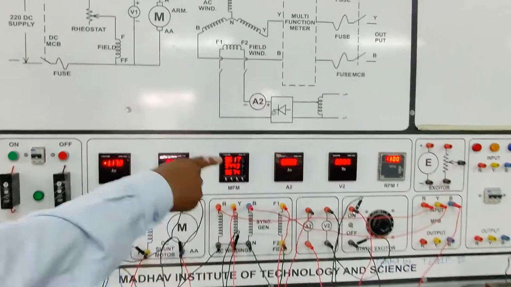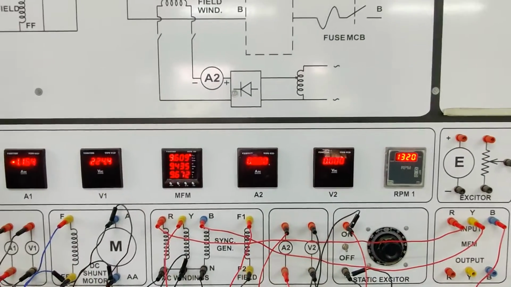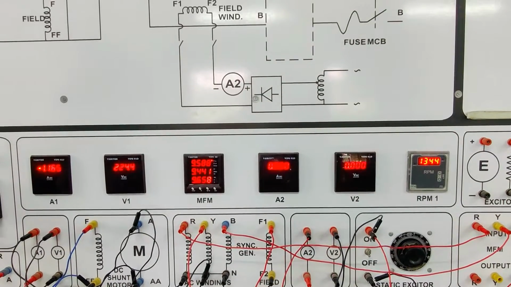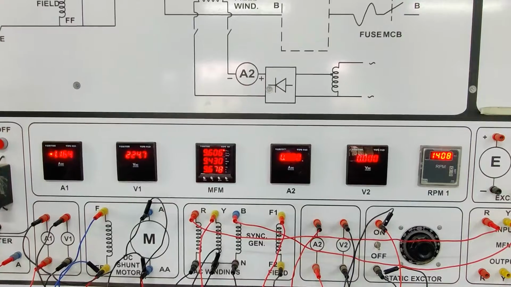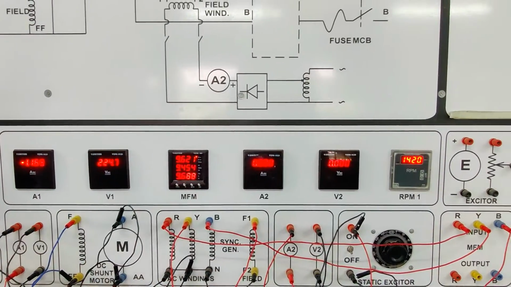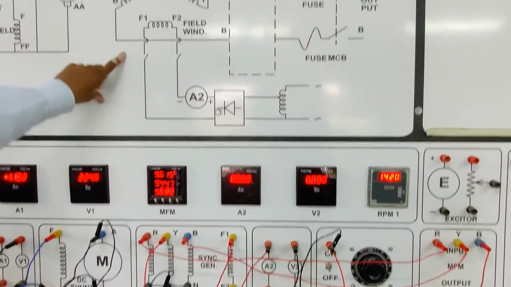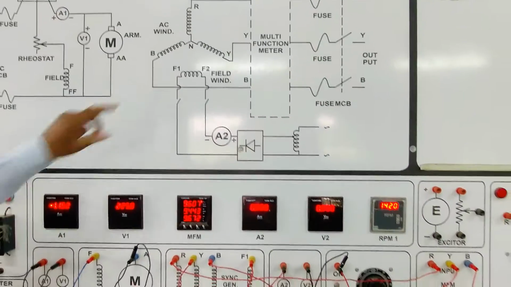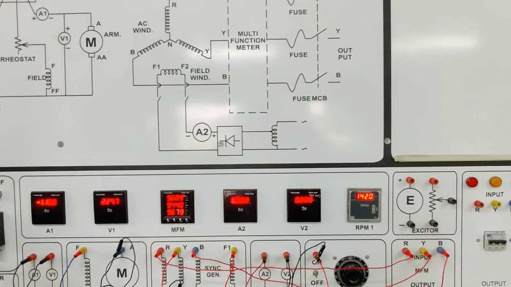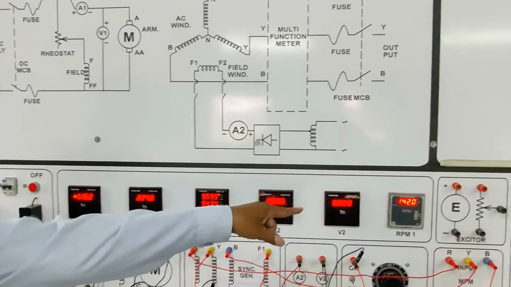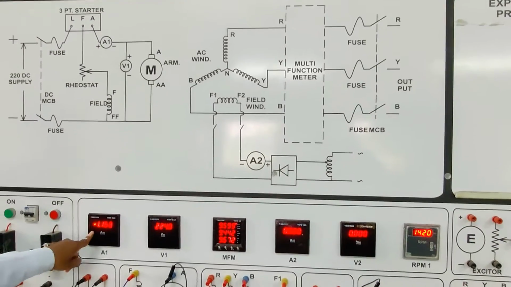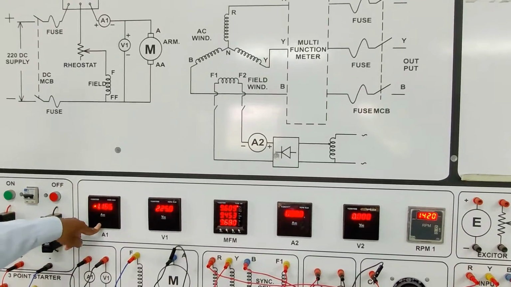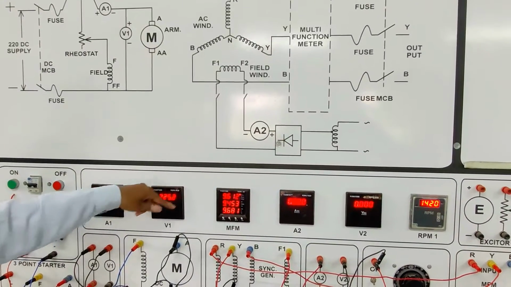The motor speed is 1312 and line voltage is 9.5. Initially there is no excitation. First of all, this alternator you have to rotate at synchronous speed. So when the speed is increasing to 1420, the negative means armature current, armature voltage, and